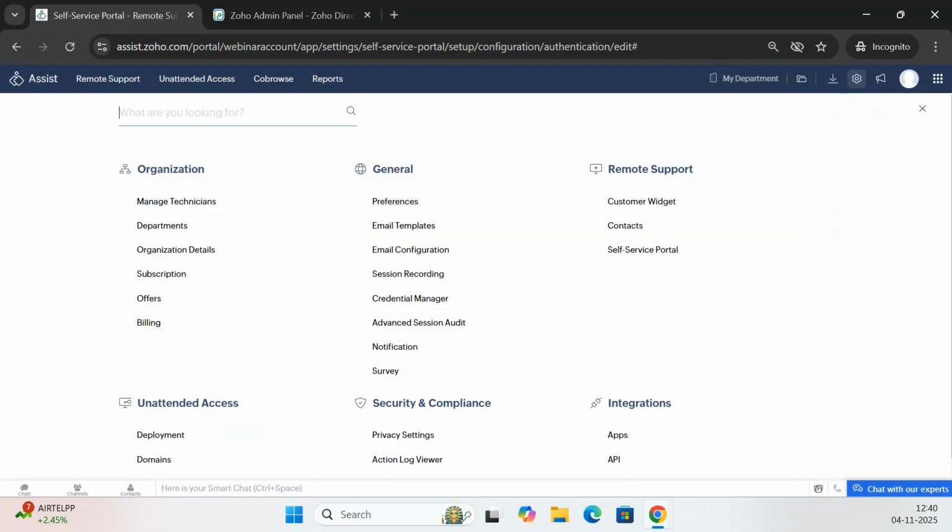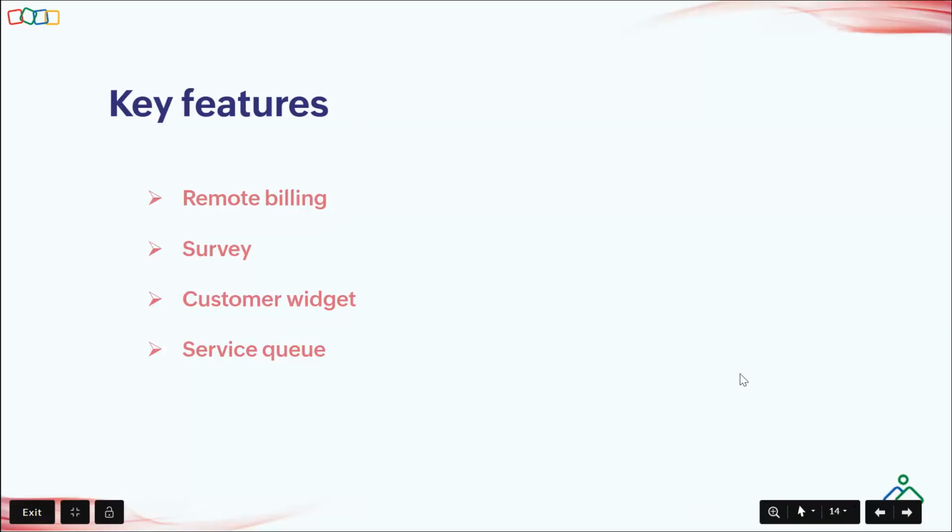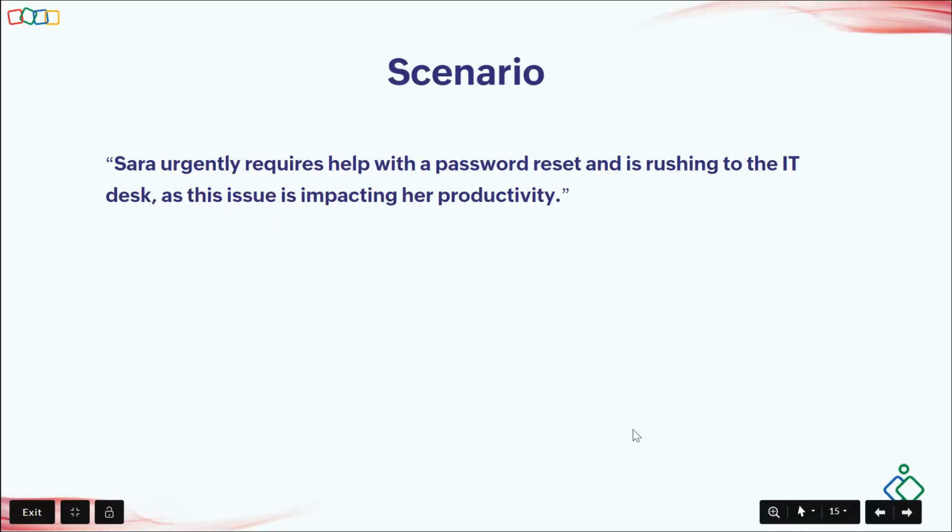So moving to the slides back. So here is another scenario. Meet Sarah. She's logged out of a system and she needs a password reset from the IT admin. So every minute, as you know, counts for her productivity and her task is on hold. And she's rushing to the